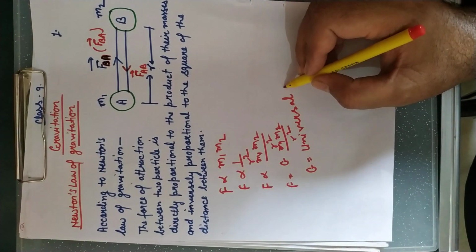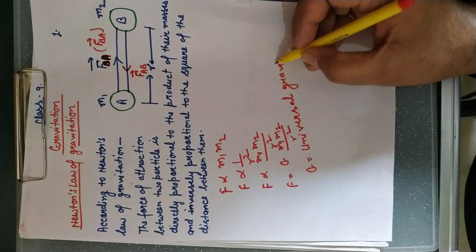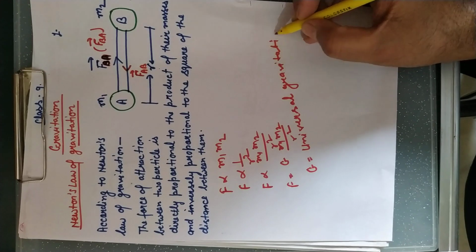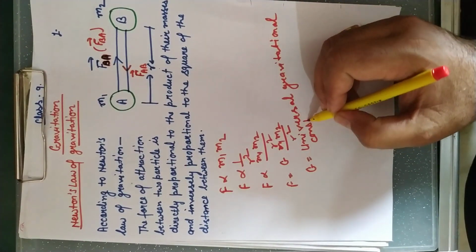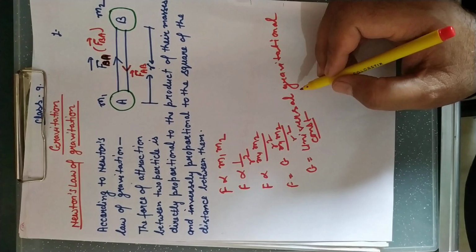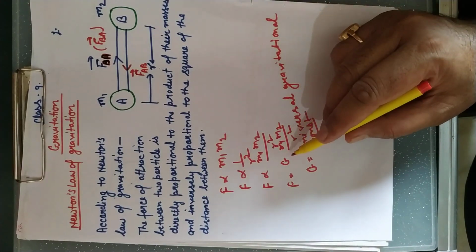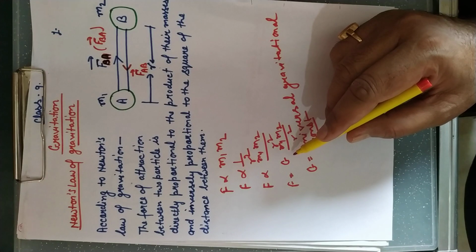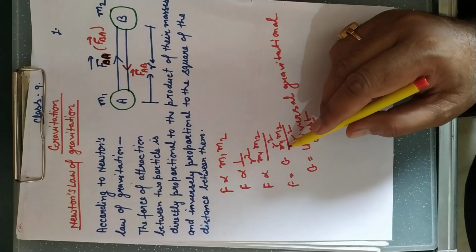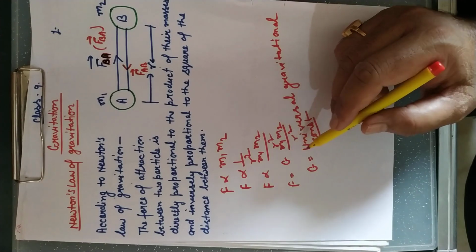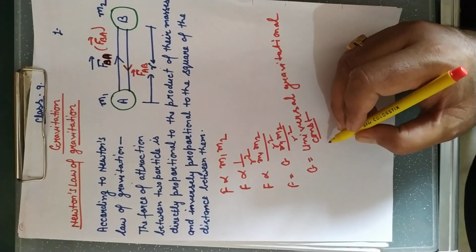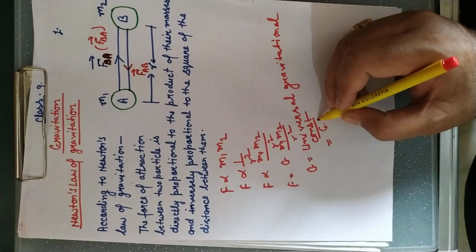Universal gravitational constant. Why is it called universal? Because the value of capital G remains constant with the change of place. At every place the capital G remains constant,